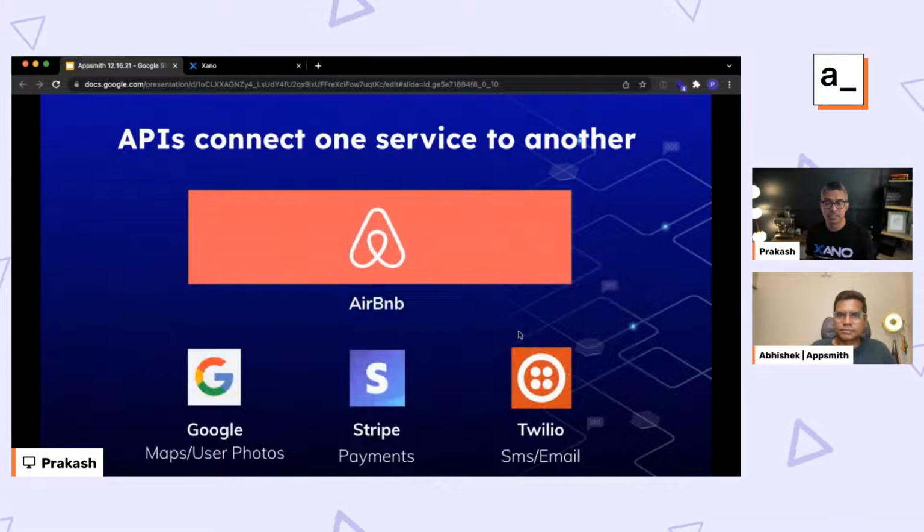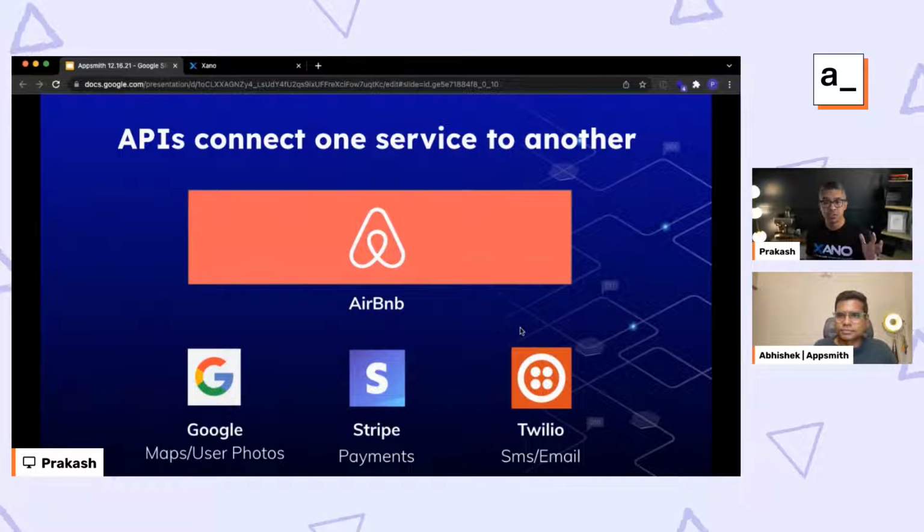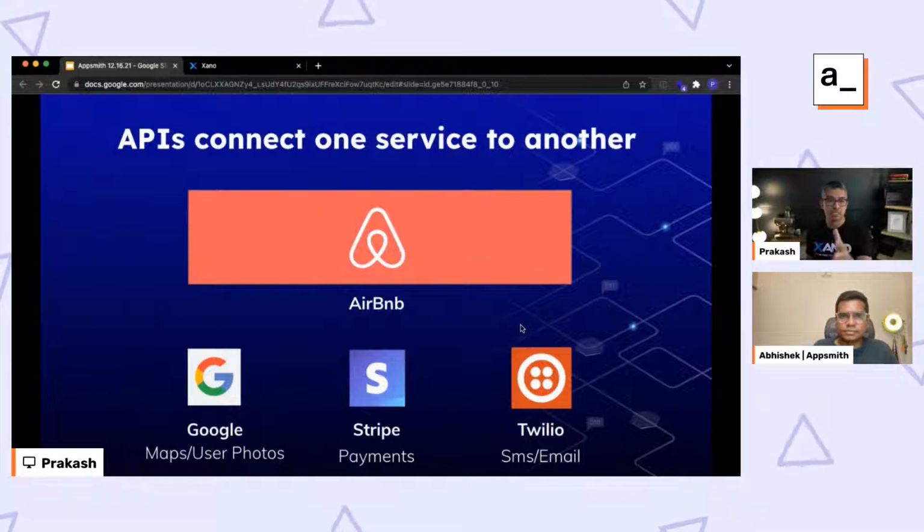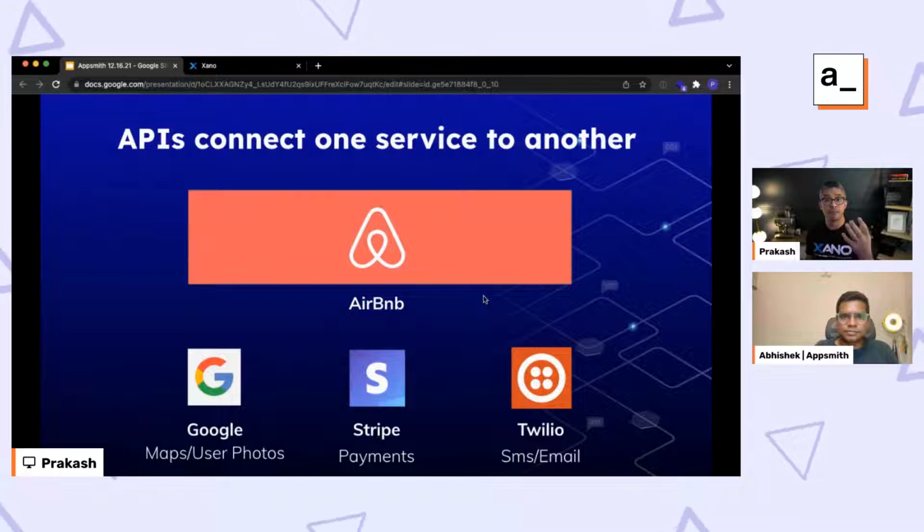Very popular services like Airbnb might leverage these APIs for different things. For example, Airbnb might use Twilio to send SMS notifications to their hosts and guests, Stripe to process payments for their stay, and Google for getting not only the mapping location, but also